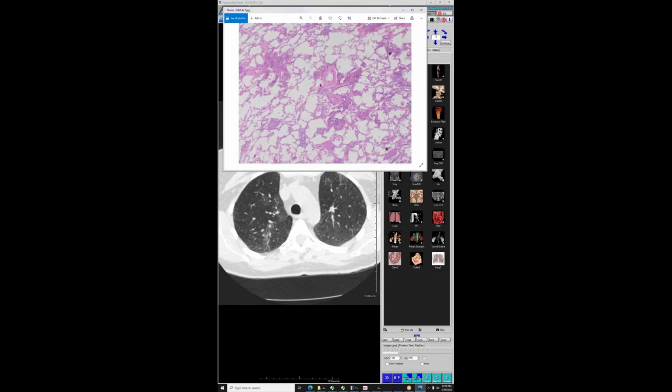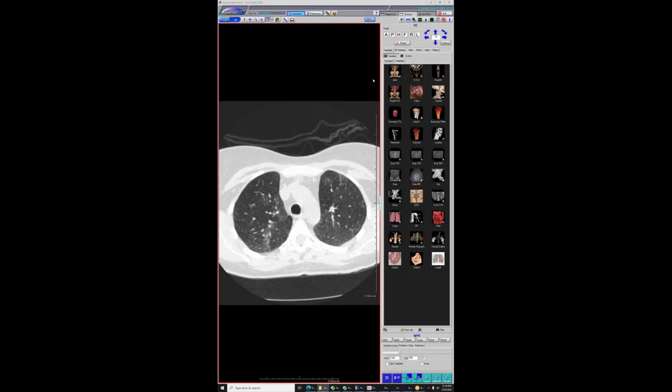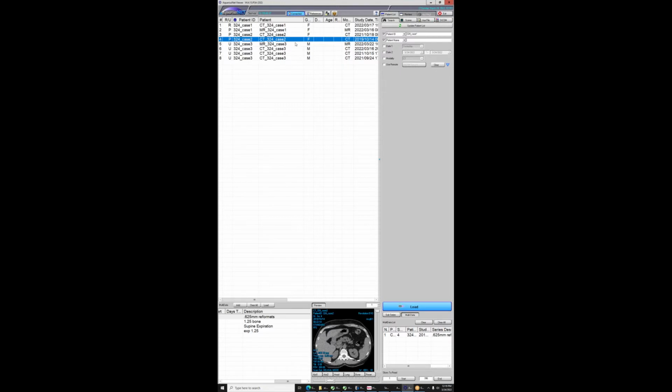I have a bunch of path on her, and the path is really gorgeous. It very beautifully shows how airway centered these lesions are. You can see the injury is centered on the respiratory bronchioles, right? Beautifully centered on the respiratory bronchioles, where the intervening interstitium does have some inflammation, but not as bad. And if you look around the airways, there will be giant cells all over the place. Here's a giant cell. I have some other path images, but unfortunately I don't have the best part, which is the first study. But we don't see the really acute form